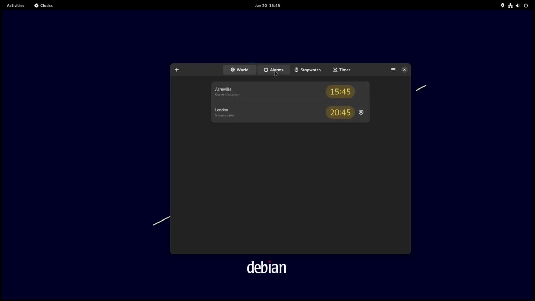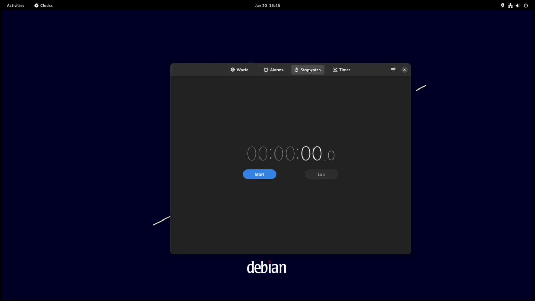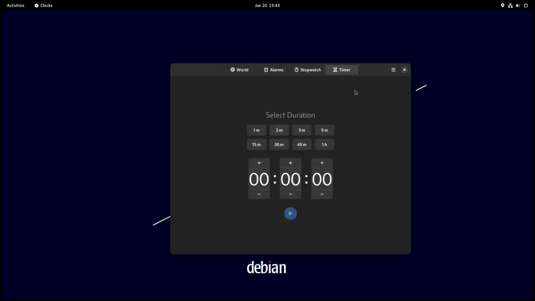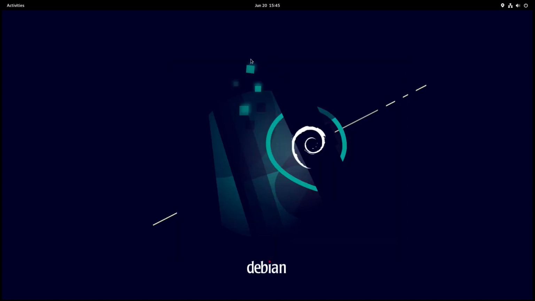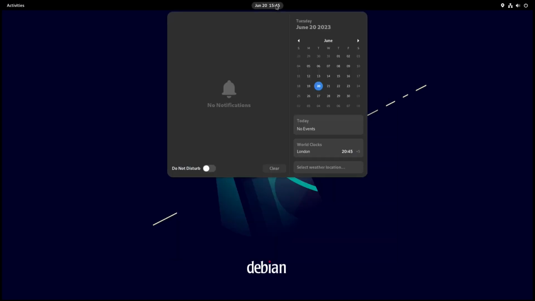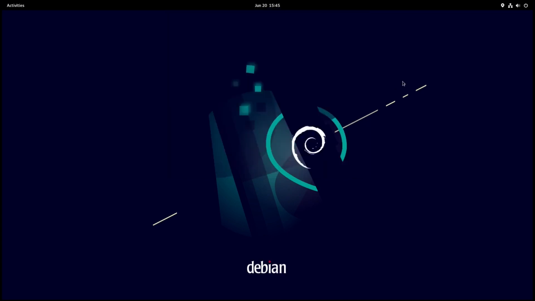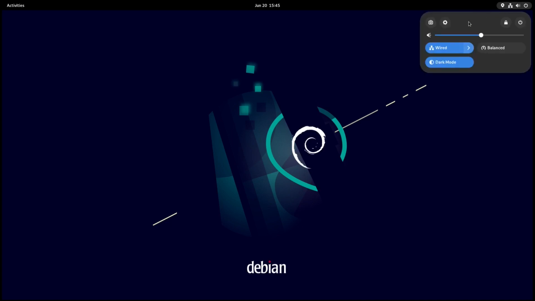All right, so you've got alarms, you've got stopwatch, you've got timer. So you even got a timer here. You've got the pancake menu here, so you can look at keyboard shortcuts, help, and about clocks. And let's just go ahead and close that. Okay, let's go back in. Did we miss anything? No. All right, now across the top on the right here, we've got our pull down, which has